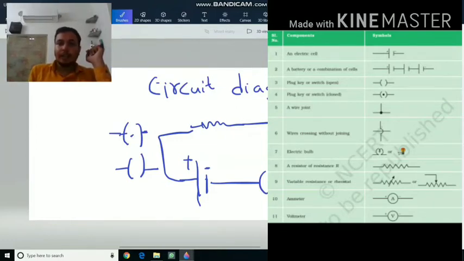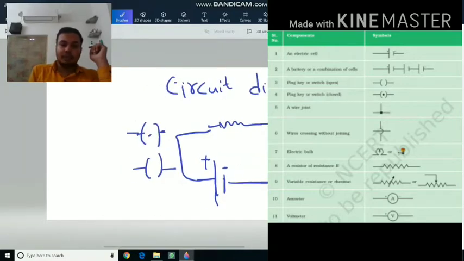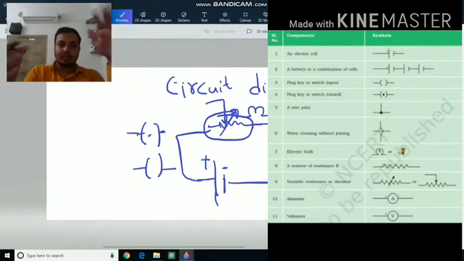If two wires are joined, I will represent it like this because they are joined. If they don't join but they are crossing, I will represent it like this, and this is passing above it like a flyover. Okay. Then any resistor, I will denote like this. Specifically for a bulb the symbol appears like a bulb. If the resistor is variable or changing, then I denote it with an arrow like this. Variable means it is not fixed, it can be changed.